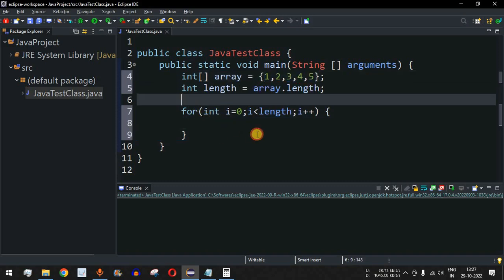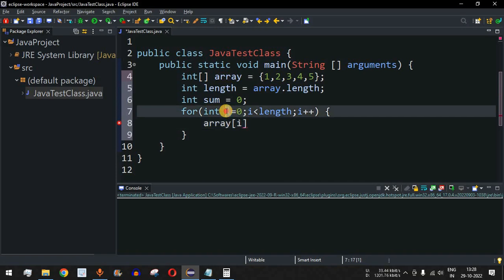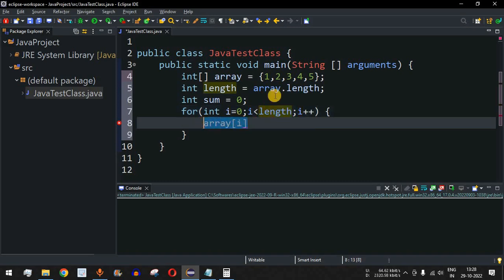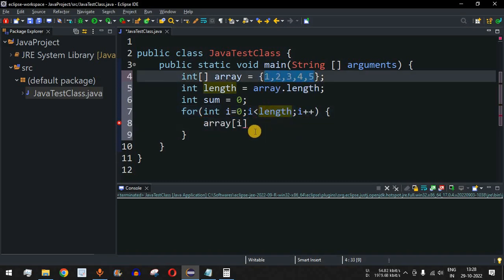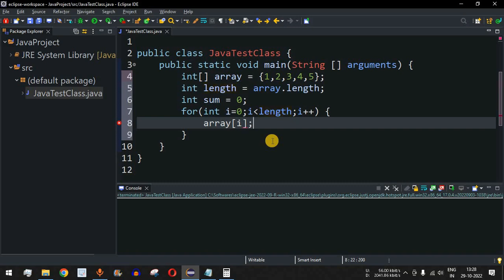Now guys, inside this for loop, we can simply add all the elements one at a time and store the sum inside a variable. So let's say we define the variable int sum. Initially the value of the sum variable will be 0 over here. Now inside this for loop, one at a time we will access all the array elements. So we will have the array variable. Inside the square brackets, we will have i. That's because i is the variable that is going from 0 up to the length of the array. So this will access each and every element inside the array when the control flow is coming in the for loop again and again.